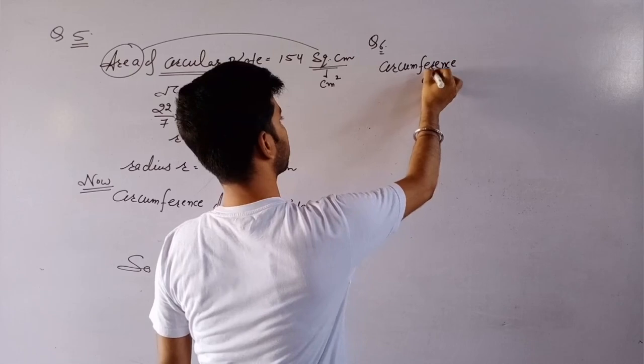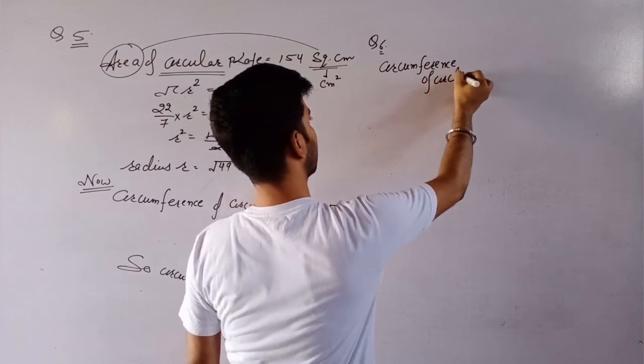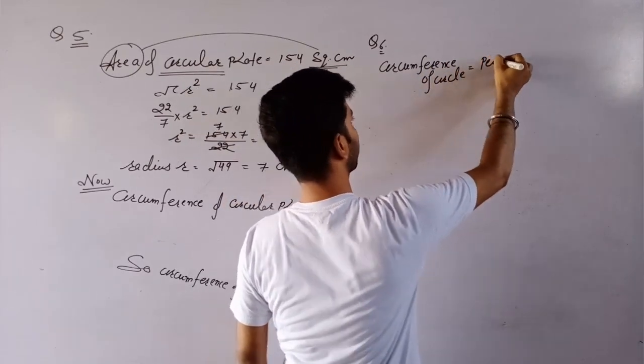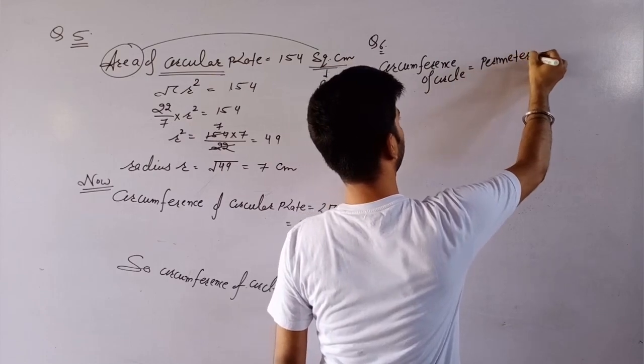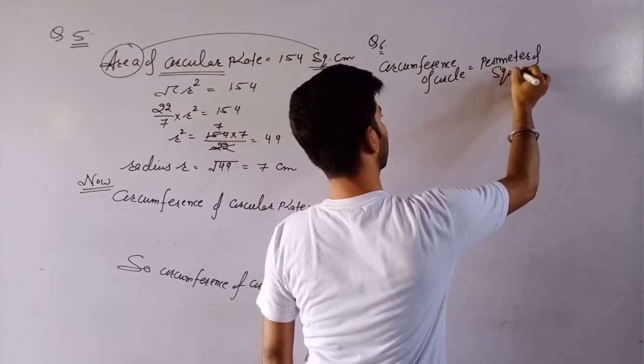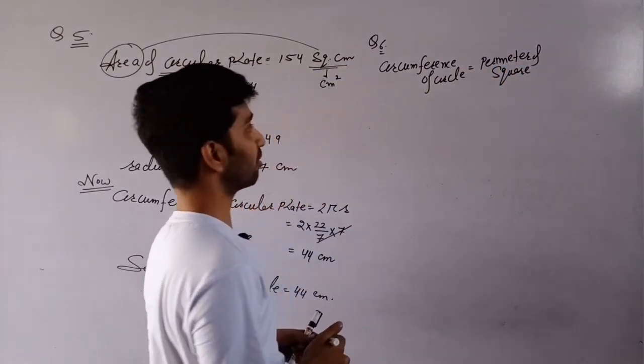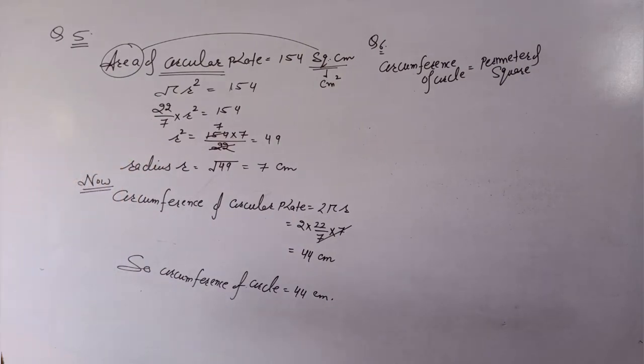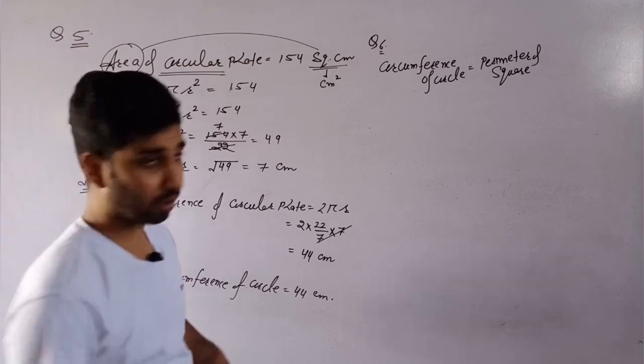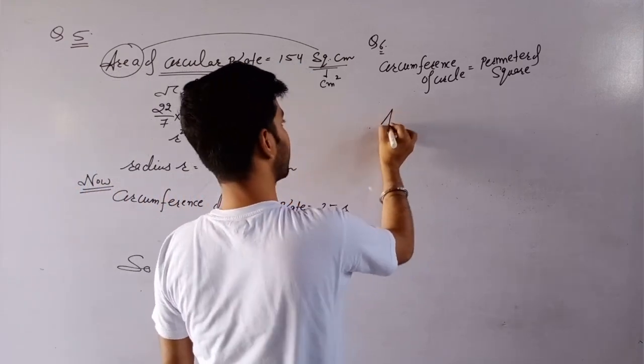Circumference of circle is equal to perimeter of square. It is given in question number 6 that circumference of a circle is equal to the perimeter of a square. If area of square is 484 square meter, it is also given that